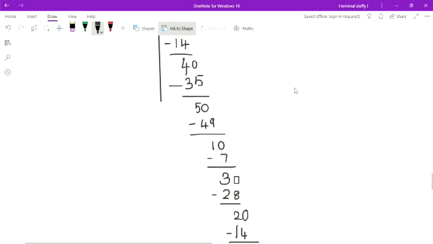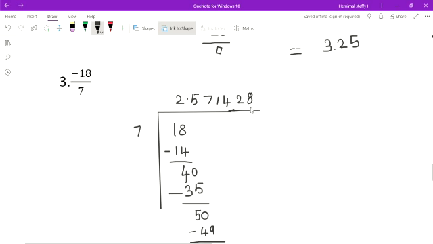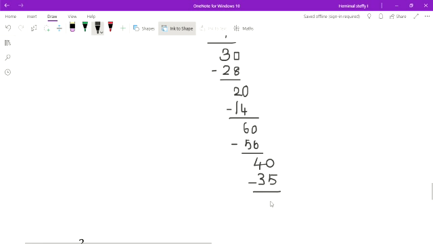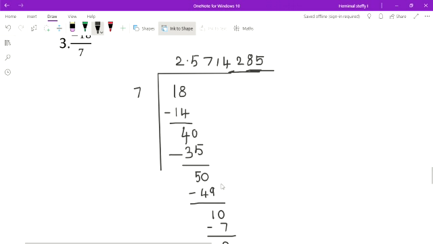40, how many times? 5 sevens are 35. Already we have done this step before. We did this earlier. So it shows that the remaining 5 after, the number is 714. So it will come again repeated one more time. The 714 is coming, so I will stop here.